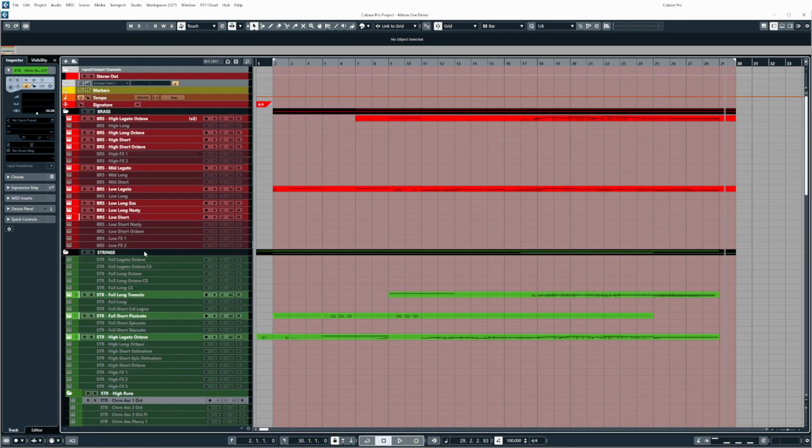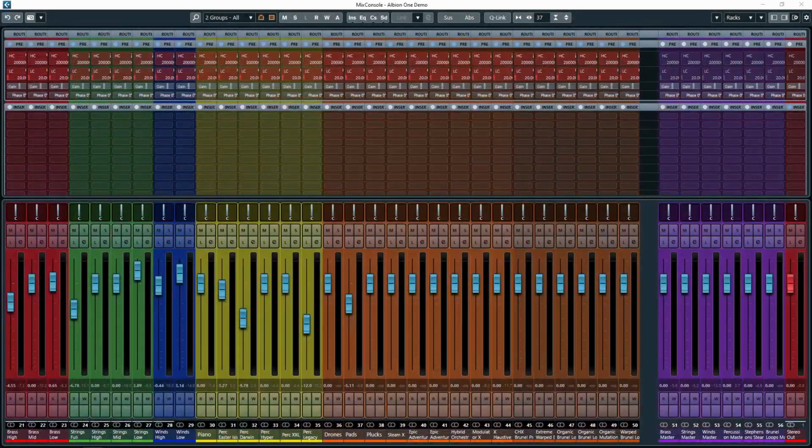Flipping over to the mixer, I'll show you how the template has been routed. So essentially what we're looking at here is the main view, and there's not an awful lot of tracks. Although there's 811 instrument tracks in the entire project, that would mean you would have 811 audio channels in the mixer. But how I tend to do things with my templates is I try to simplify them to make them